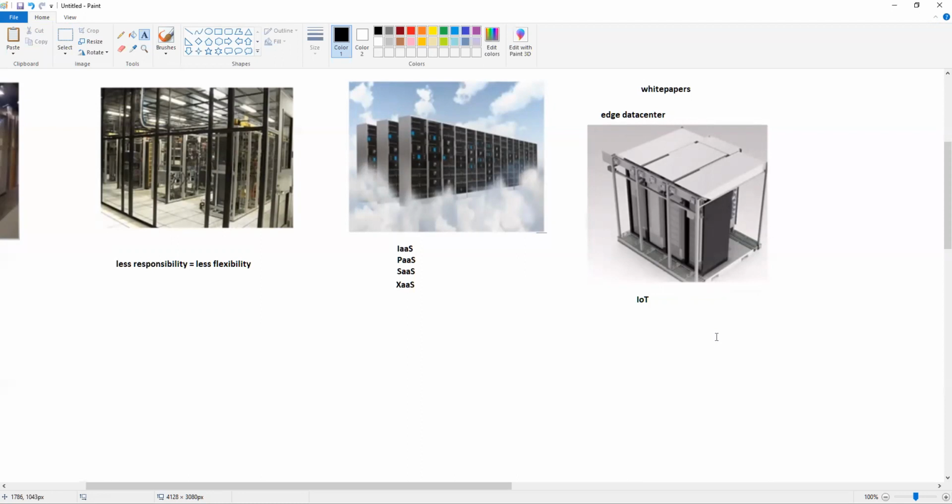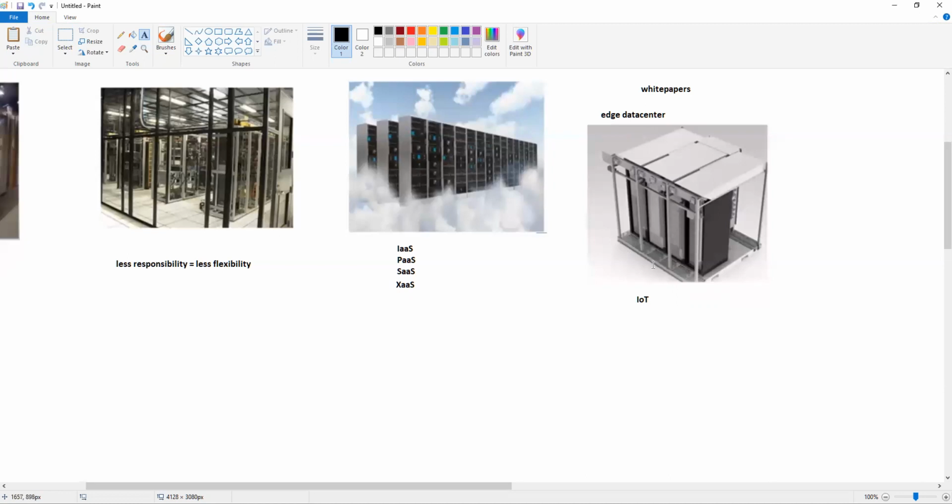Everything is generating a lot of data, right? And this data needs to be captured. If you buy a car, your car is actually generating a lot of data, and that data needs to be transmitted to some storage system, and that storage system needs to be kept nearby. The edge data center concept comes from the CDN, which we will see later in the lecture as well. They are actually located very close to your devices.